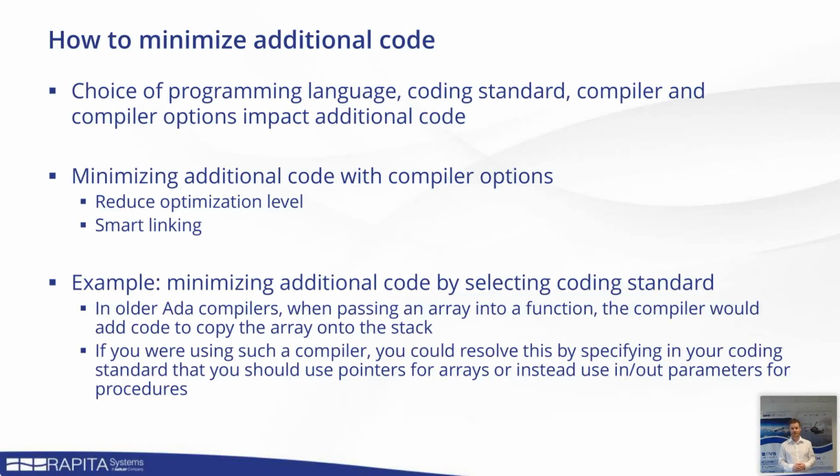And the compiler options, as I mentioned, the optimization level can certainly directly affect how traceable your object code is to the source code. So in terms of minimizing it with compiler options, there's optimization level, as we've mentioned, and smart linking. There may be options that allow the linker to remove sections or take only certain sections of object code into the final application, so you avoid the problem of pulling in an entire library just because you've used one function in